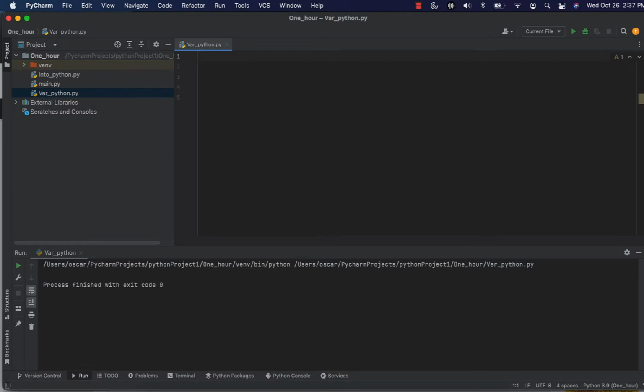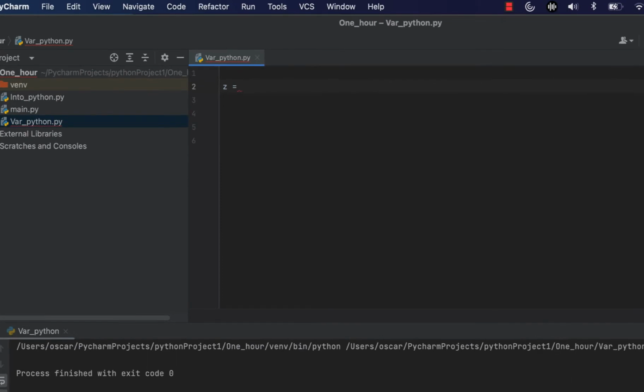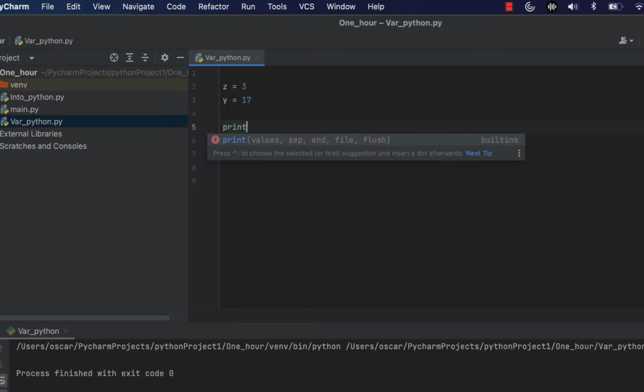And next step, I'm going to Python arithmetic operator. Let me give two values. Let me give you z called 3 and y called 17. Okay, let's have these two. And in Python operator we have, I can say, print,